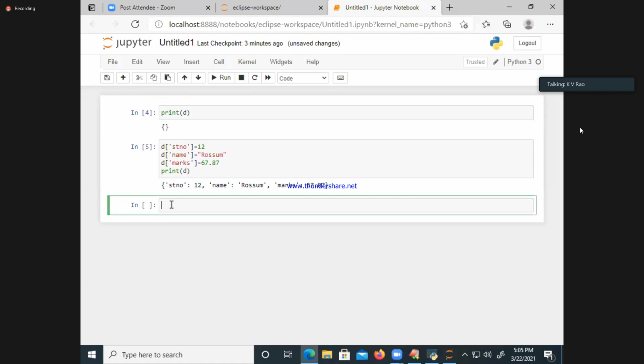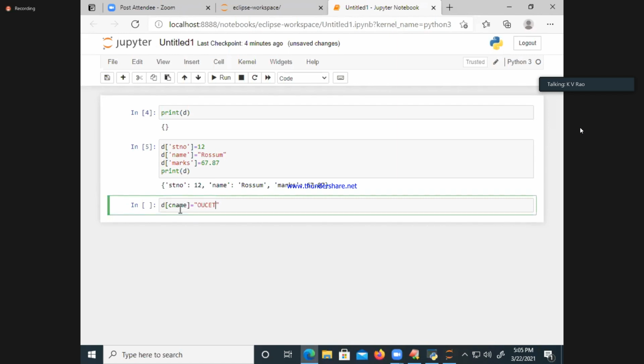One more entry I will add. D of cname. Suppose I don't write it within the quotes, and directly write cname is equal to OUCET. You will get an error. The Python interpreter is not finding what cname is. It thinks cname is a variable.